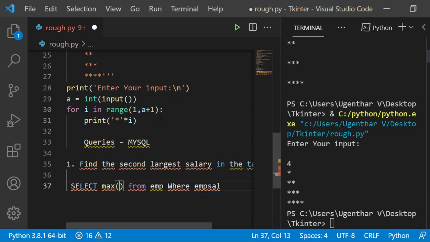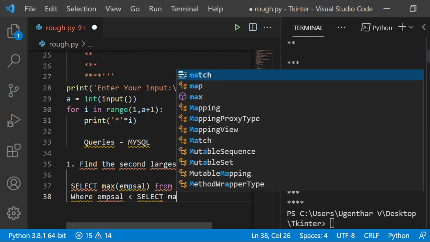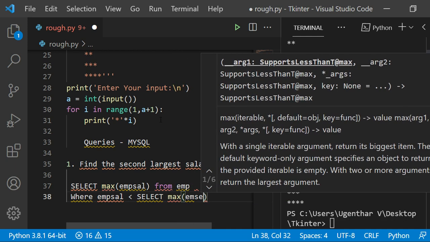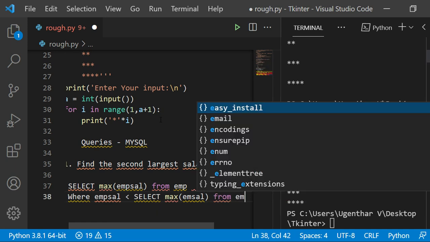So maximum of employee salary from employee, where employee salary is less than, select max of EMP salary from employee.